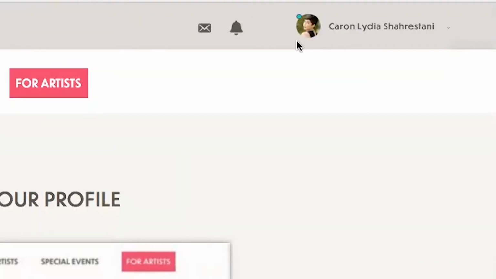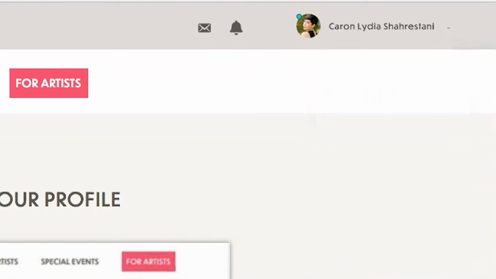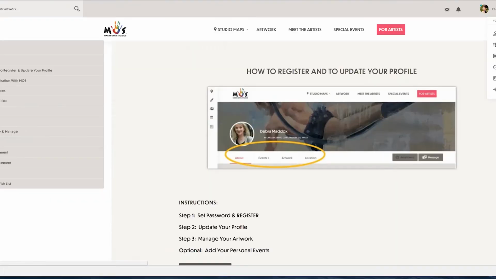You can see here in the upper right corner, instead of that gray box for logging in, it now has a teeny tiny little avatar of my face and my name. When you take your cursor over there, it opens up a separate drop-down menu. So we have our little menu over here on the left with our instructions and everything else. But over here in the upper right, once you've logged in, that's where your personal artist menu is. And this is where you really go from there as far as filling everything out. So when we hit profile settings, which is the first one in your menu,